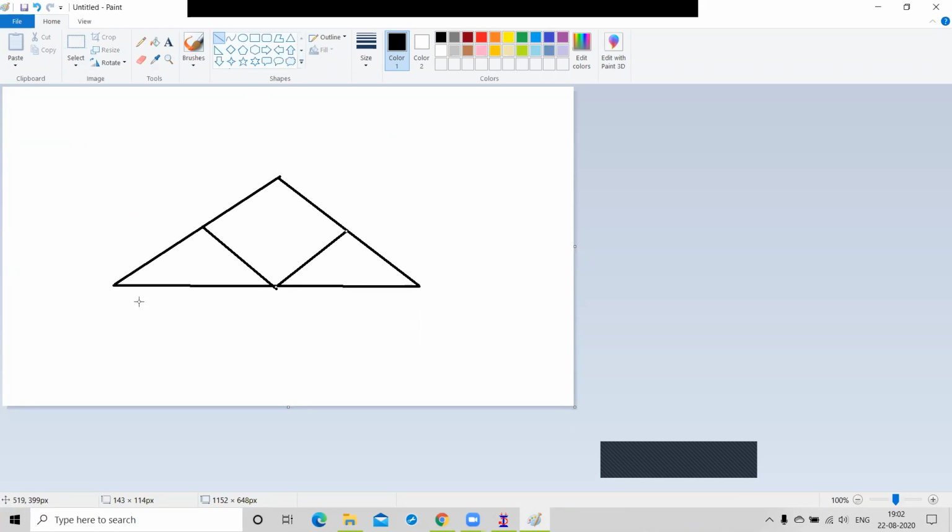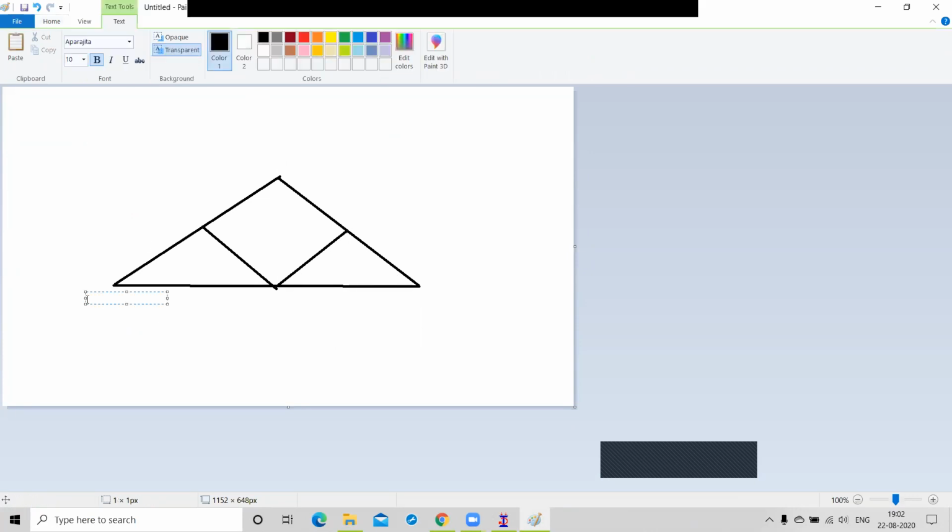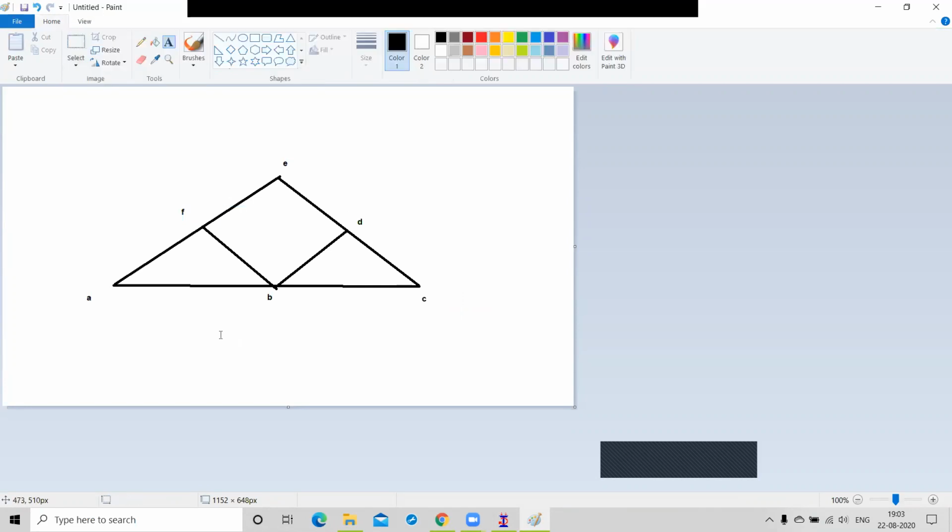So tell me, what is the distance of this axis? Just first give the naming of these points. A, B, C. This point is D. This point is E, F, right?